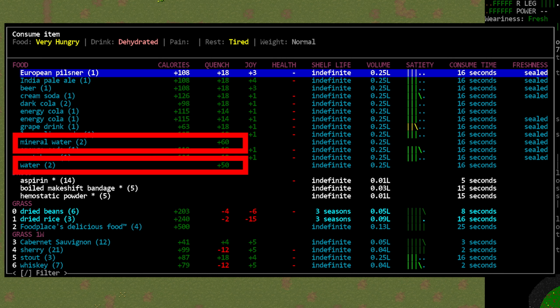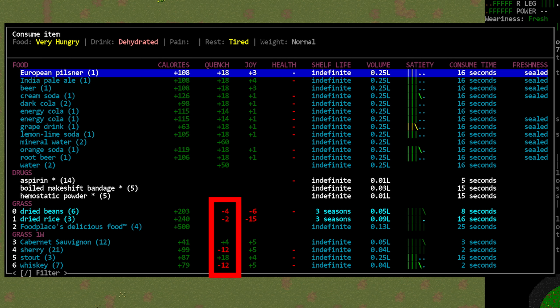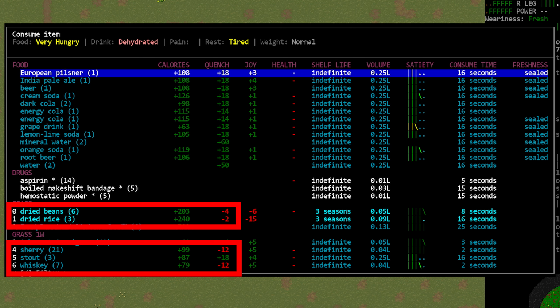Waters tend to have the highest Quench values, around 50 or 60, and are the easiest drinks to obtain, so you'll probably be drinking them a lot. Now, some items do have a negative Quench to show that they will make you thirsty when you eat them. Alcohol and dry foods tend to have negatives here, and you'll typically be consuming those for other benefits rather than